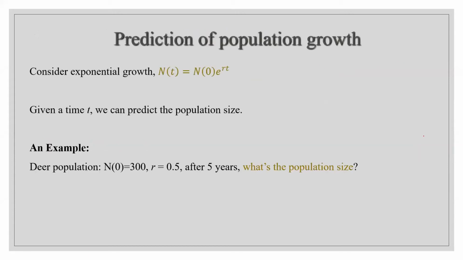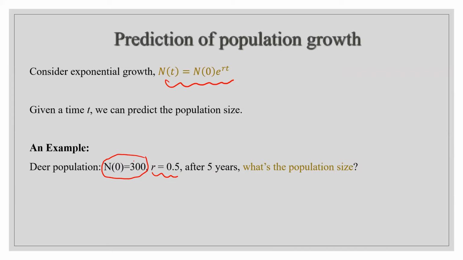Now, can you do this question for me? I have n naught, you can use MATLAB also. Now you have MATLAB, you have the solution of your exponential model. Other values are what? This n naught is 300, r is 0.5, and I want to know what will happen after 5 years. Now suppose that r is given on a yearly basis. So what will be the value of my population after 5 years?